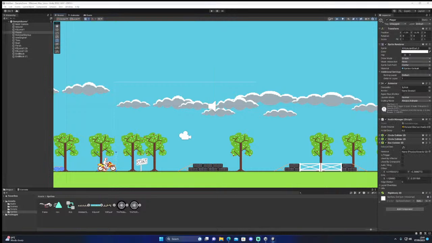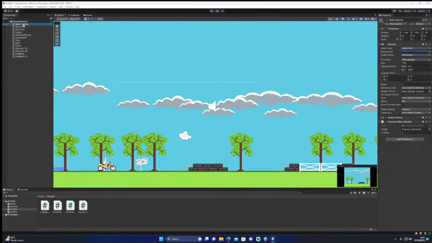What I need to do is make sure that I've got all the things I need to attach to my rider, my motorbike. See what scripts I've done. It was a couple of days since I've messed with it. Camera follow. It needs to be on there, so I need to target the player.